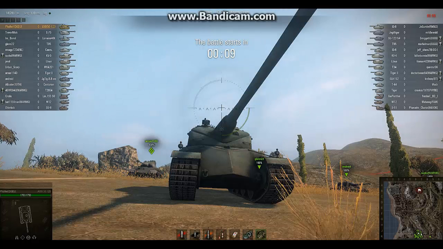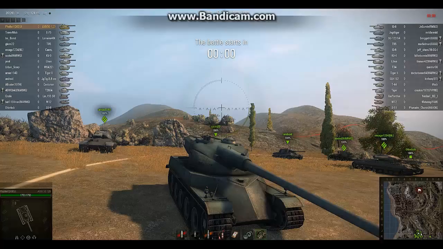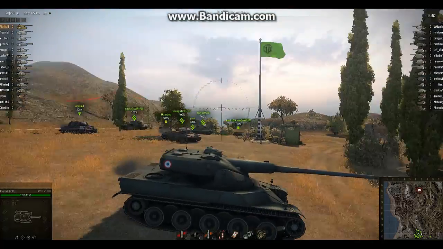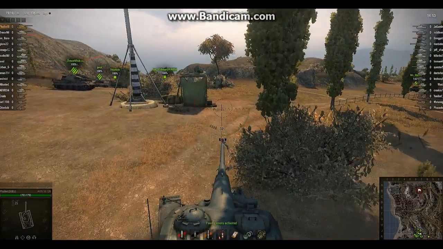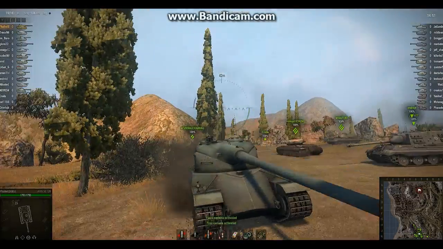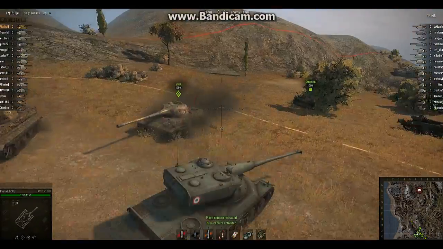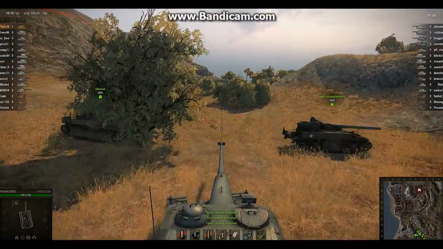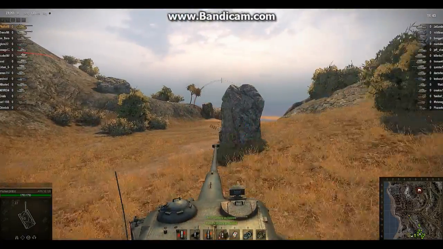They only have 100 millimeters, but they have actually 180 millimeters effective armor, because they are sloped in a very good way. It has like the sloping of an IS-7. What you can see here is it has basically the same as the IS-7, and also what you'll see later is that it has a pretty good gun depression, but it has a...